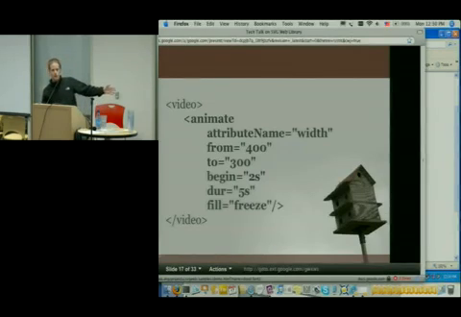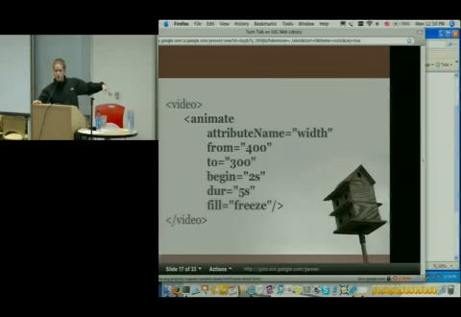We also support basic animation. This is also known as SMIL, but we support basic SMIL. So this can be really nice for more beginner developers. It also allows us to do some performance improvements when you're using SVG Web, because we don't have to do as much talking back and forth, so you can get better performance. But here's an example of that.